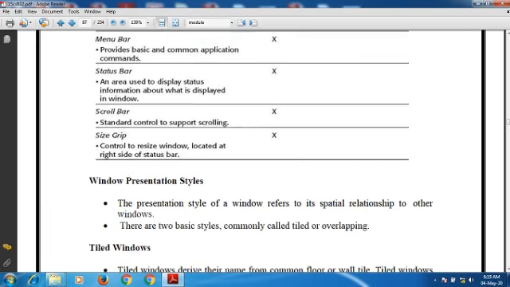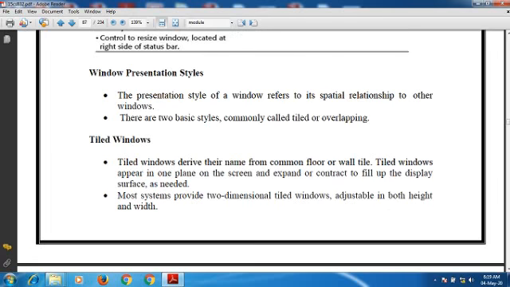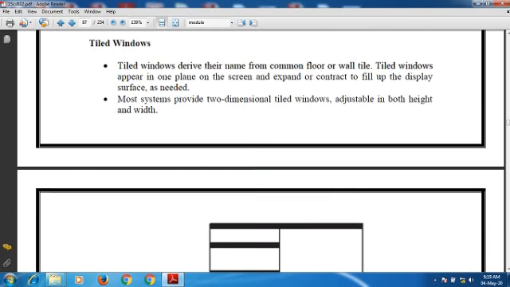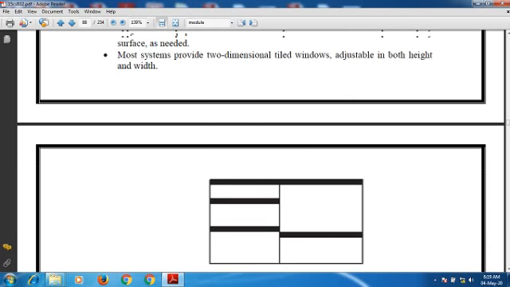When it comes to tiled windows, tiled windows derive their name from the common floor or wall tile. Tiled windows appear in one plane on the screen and expand or contract to fill up the display surface as needed. If you look at this particular diagram, you can see how these windows are organized.